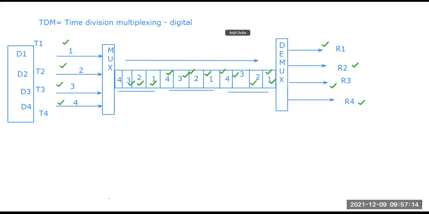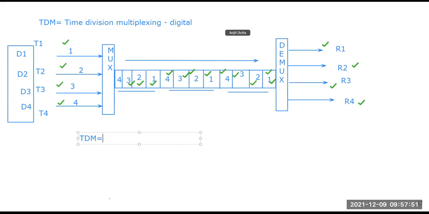From here we can say that previously in FDM, frequency division multiplexing, the total bandwidth is shared among the devices. The input signals come in and are summed, and then flow as a whole. But in TDM, what is happening is that a portion of time through the bandwidth channel, I repeat, a portion of time through the bandwidth channel is shared.